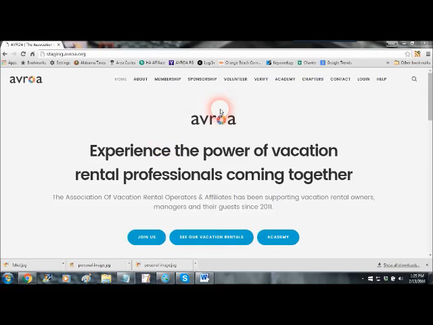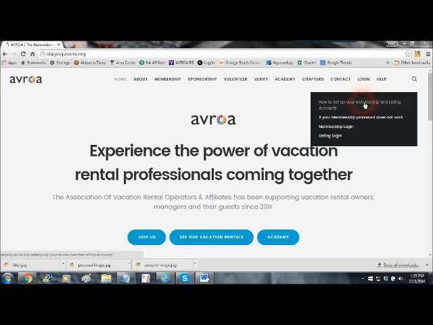First thing, of course, this is the AVROA homepage right here. You need to go to login. You'll notice now that you have two separate logins. One is for the membership area and one is for the listing area. One of the reasons we did that was to keep your association data completely separate from your property listing data. That way, if you have somebody who's working on your property listing for you or whatever, they'll never have access